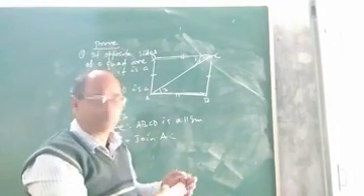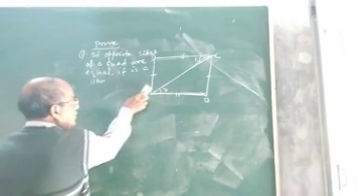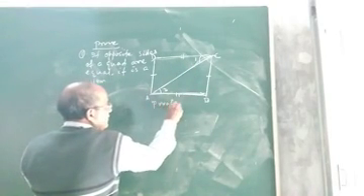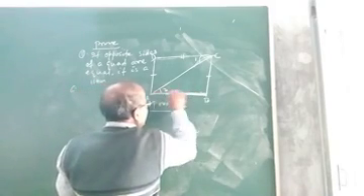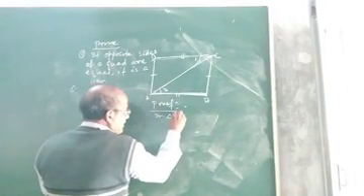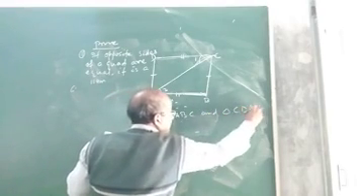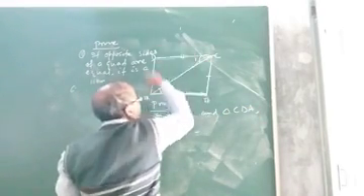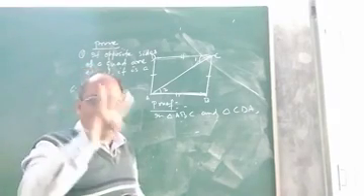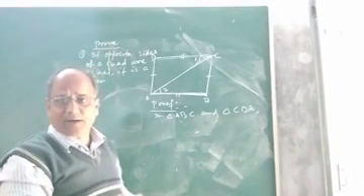Now let me proceed to how to prove it. What is our aim now? Our aim is to show that AB is parallel to DC. Let us come to the proof part. First, compare triangle ABC and triangle CDA. First you prove ABC and CDA are congruent. To prove them congruent, we have to find at least 3 matching parts. Without 3 matching parts, they cannot be congruent. Now let us find out what the matching parts are.